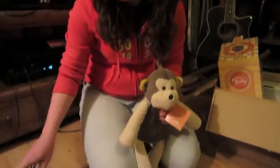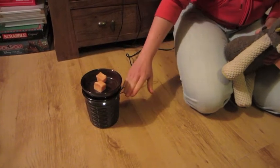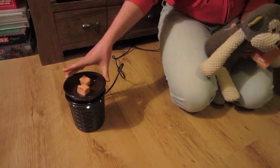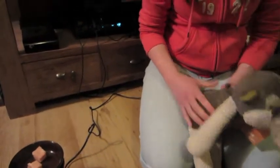I think I forgot to say that the full-size warmer I think is £30, but you can get a mid-size warmer for £25. I haven't actually got one of them to demonstrate, but it's just slightly smaller than the large one, I think. The large one is supposed to fill like a sitting room or any large room, but that's on an American scale, and their rooms are much bigger than the UK's full-size rooms. So even a mid-size warmer might be big enough. They tend to say that the...